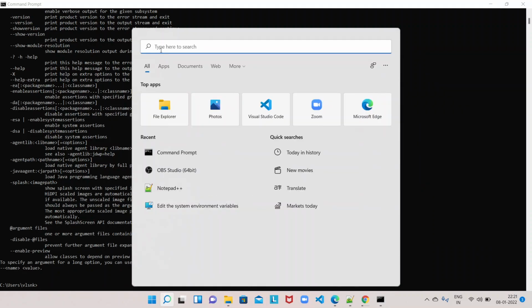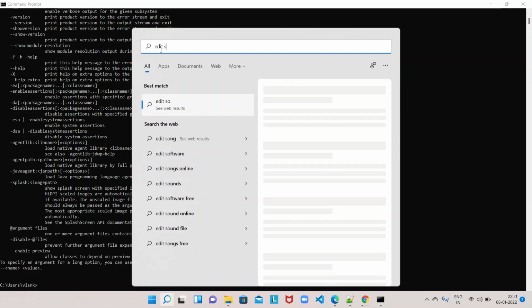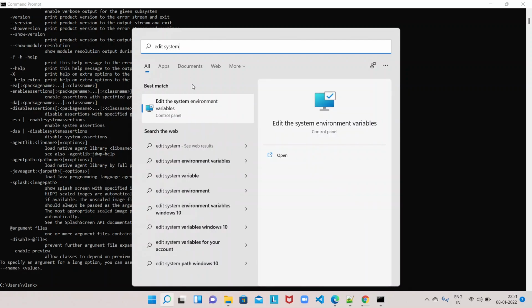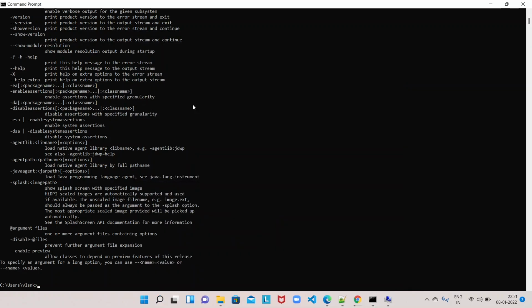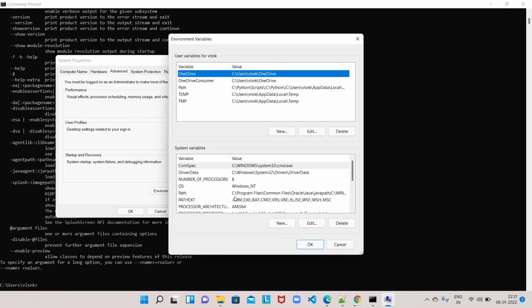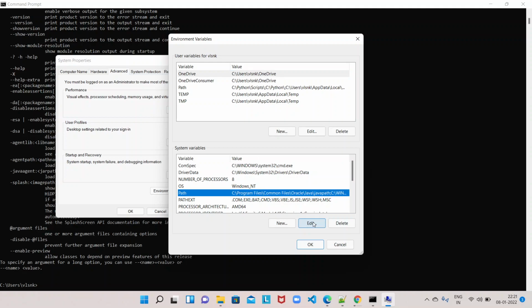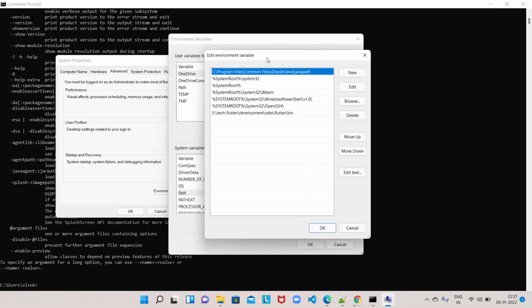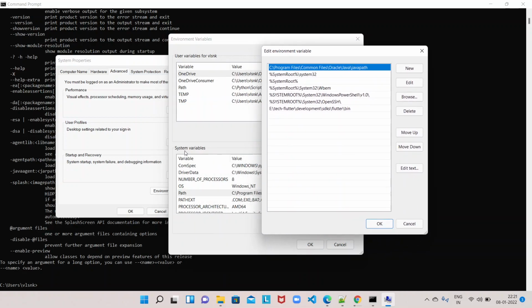If you go and check Edit the system environment variables, that will open, and if you click on Environment Variables, here in the Path environment variable under the System variables category, you can see this one.